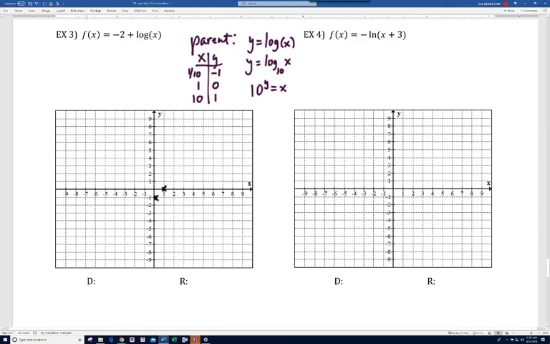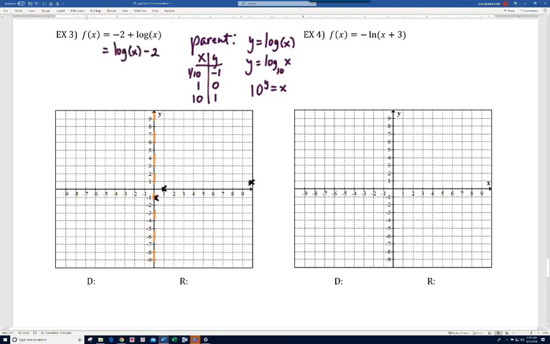So let's go ahead and graph the parent function. Now this one's a little bit tricky to draw. So it's a little bit tricky to draw this part here, but actually we're not going to draw that until we do our shift. So now I just want to point out that this function could be written this way,